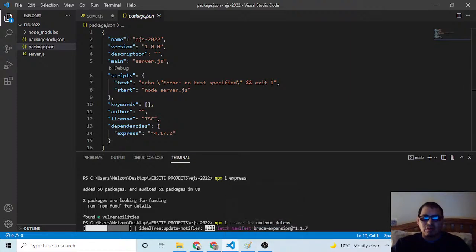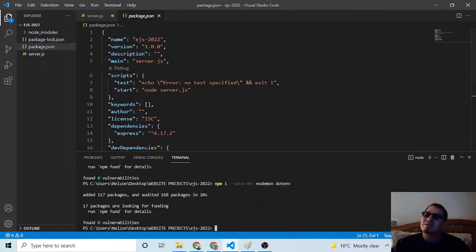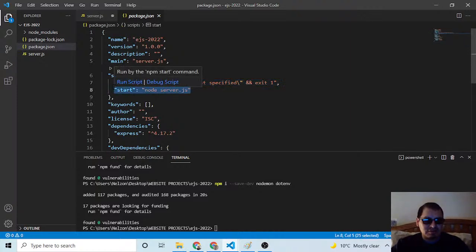restart the server every time I save the file, because otherwise I have to interrupt my program and then run it. And instead of this, okay, wait, control copy.